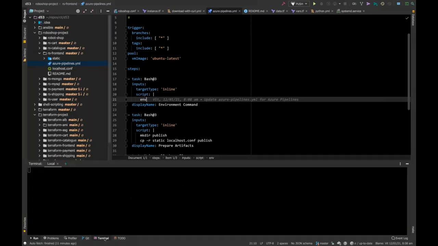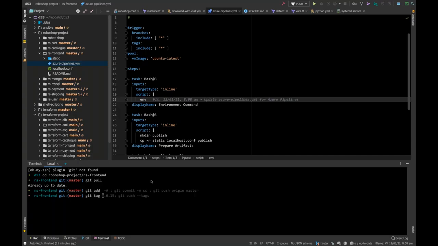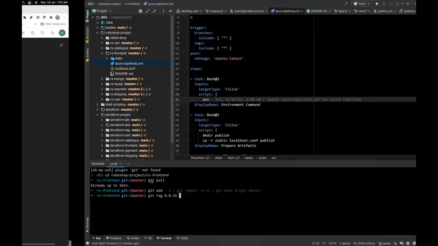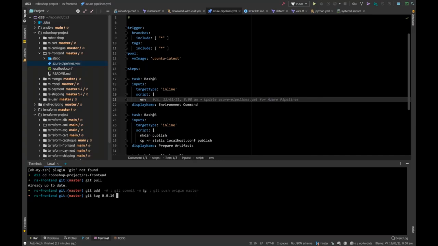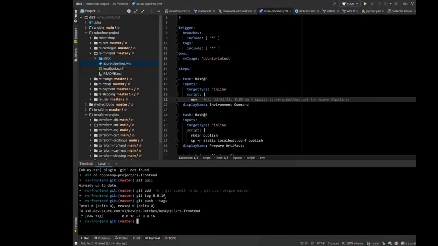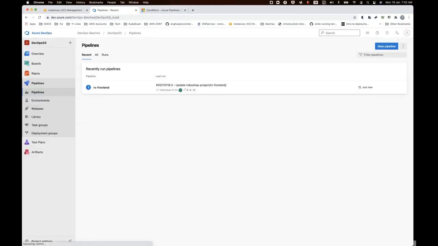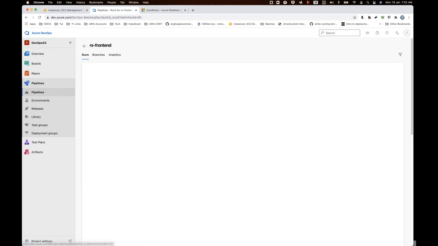On the command line, I will say git tag 0.0.16, and then enter, and git push --tags. A new tag is created and a pipeline will run. Okay, pipeline already triggered.